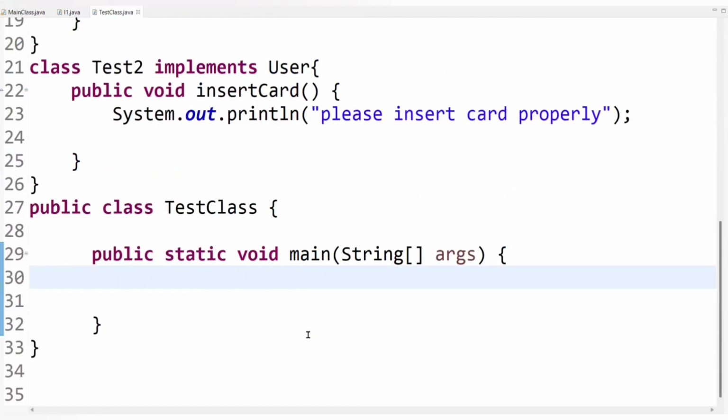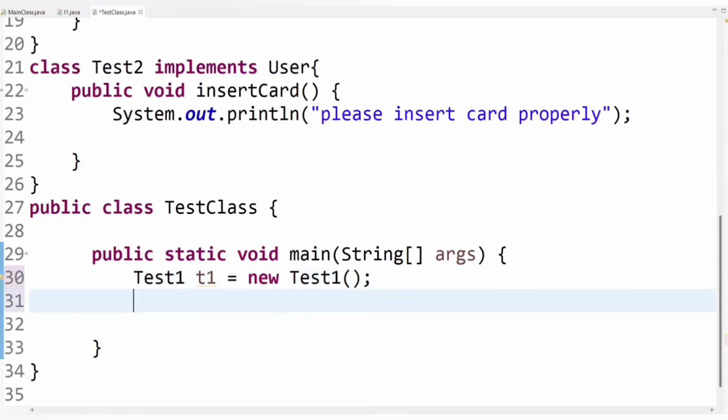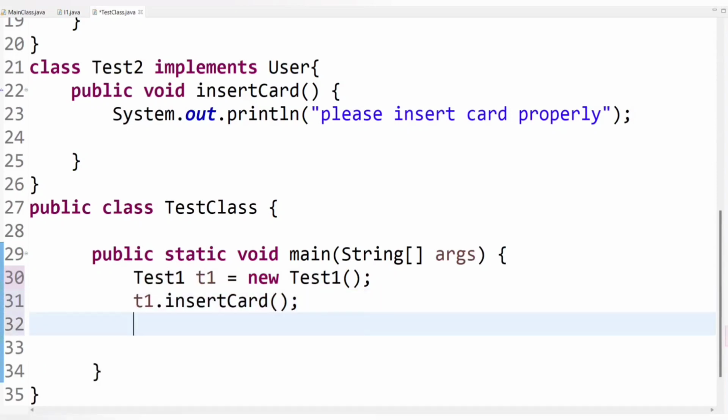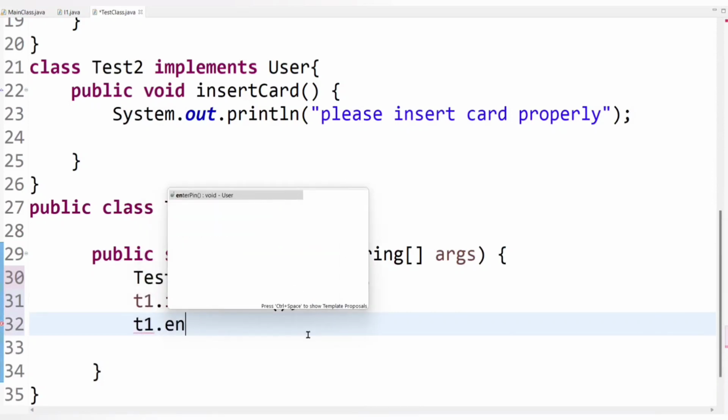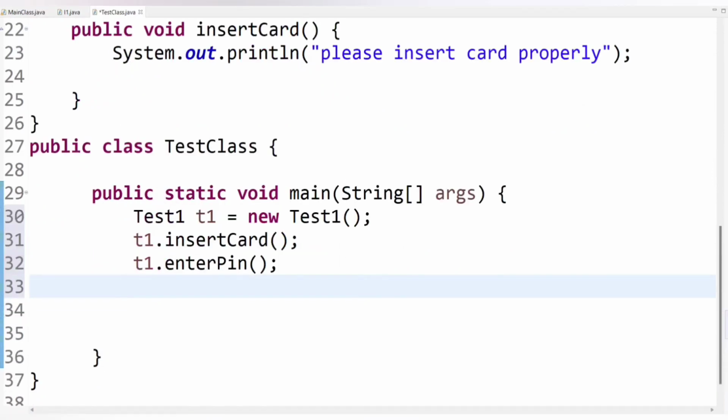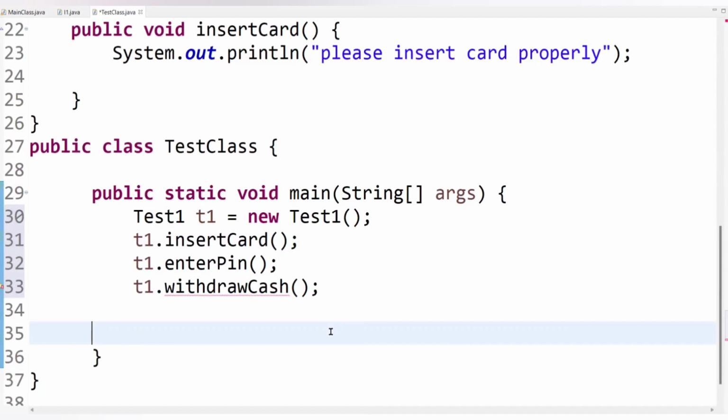So let's create an object of test1 class. And now call here insert card method, and then t1 dot enter pin method, and t1 dot withdraw cache method. But if I write like this, then the compiler will raise an error because this withdraw cache method is a static